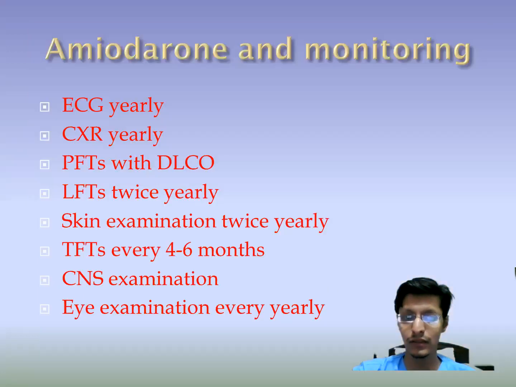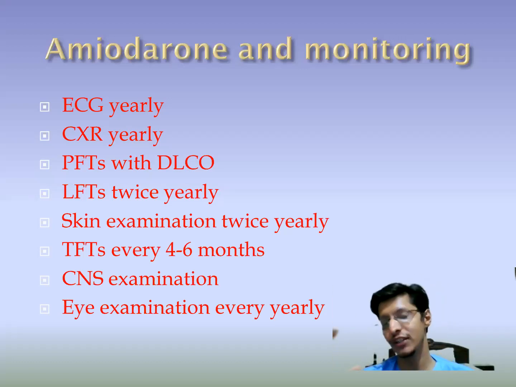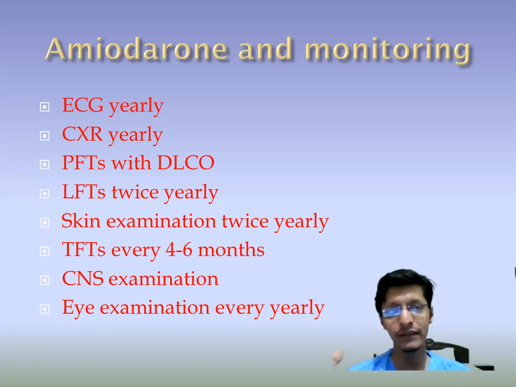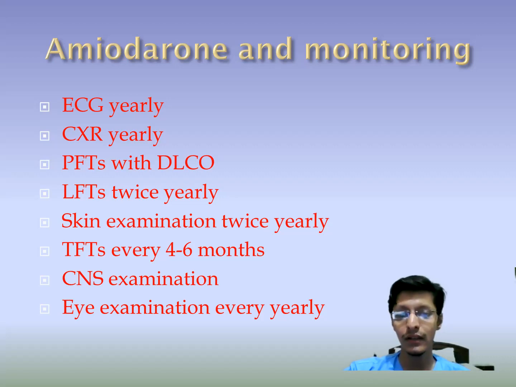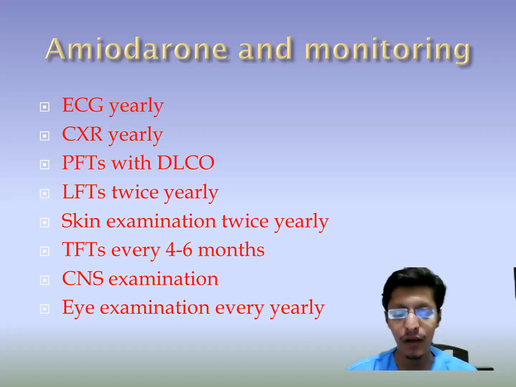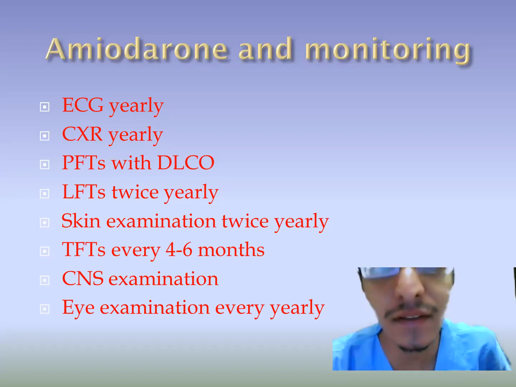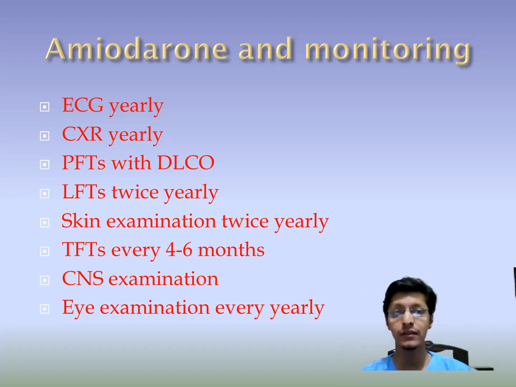Okay. And the next thing that we see is, now you have started the patient on amiodarone. You will put the patient on long-term amiodarone tablets. What is important is that you have to get a yearly ECG. The second important thing that we need to do is a chest X-ray to look for any interstitial lung disease or pulmonary fibrosis, because long-term amiodarone is known to cause pulmonary fibrosis. Again, you have to go for a pulmonary function test with the